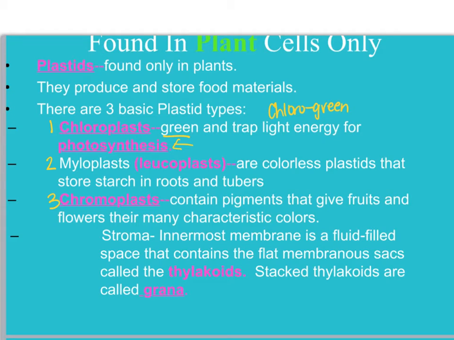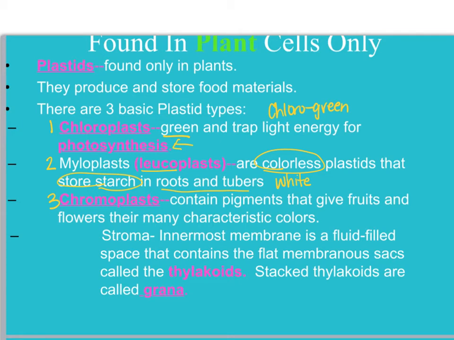So then the next type is called myeloplast, or another name for them is leucoplast. Leuco means white, if you recall. So these are a colorless plastid. So if you think about potatoes, the white part of the potato is going to have leucoplast in it. And potatoes are considered like a tuber or root type vegetable, so they're going to store starch. So those leucoplasts are going to have starch, and remember, starch is hundreds of glucose molecules linked together, so that's why they taste so good. Anyway,